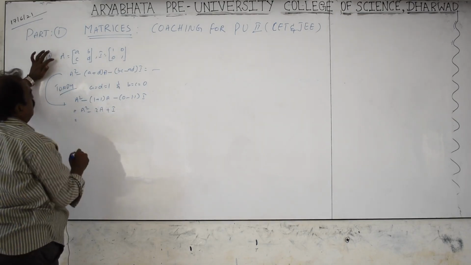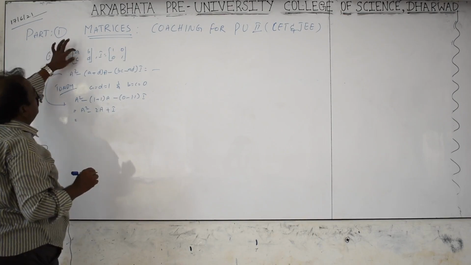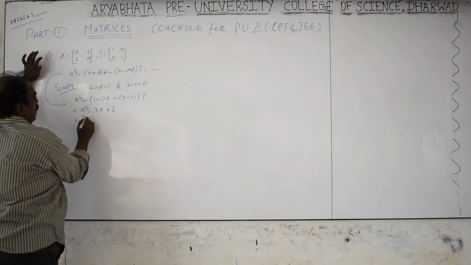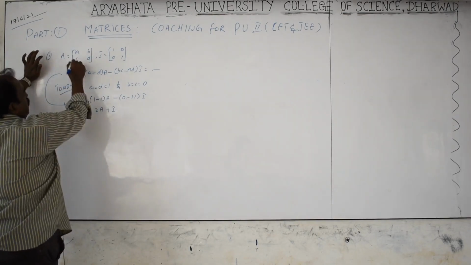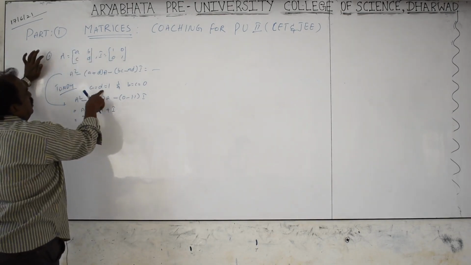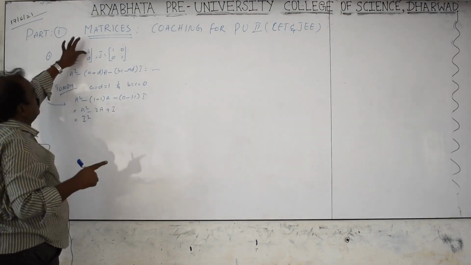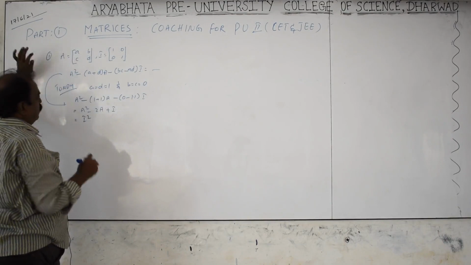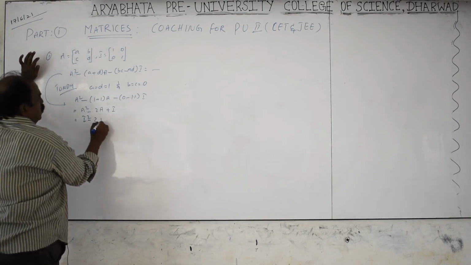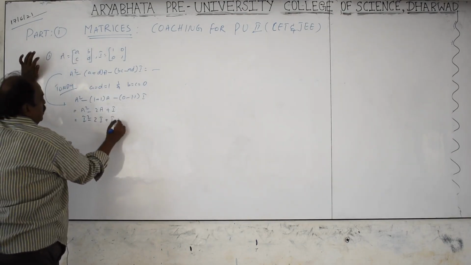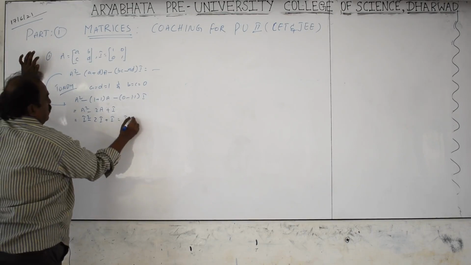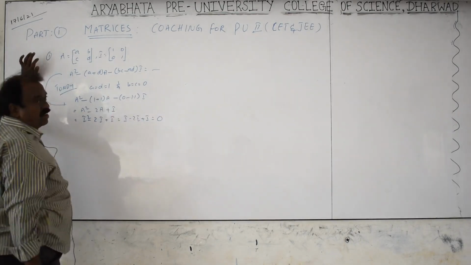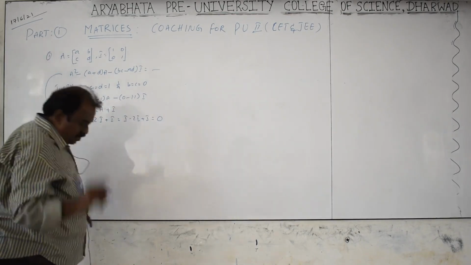Okay? What is actually A square? A square is also [1, 0; 0, 1], so it is also I. Because it will become, by multiplying, 1, 0, 0, 1, again it is I. Okay? Minus 2I plus I. I square is nothing but I. I minus 2I plus I is equal to the null matrix. Okay? So first option.